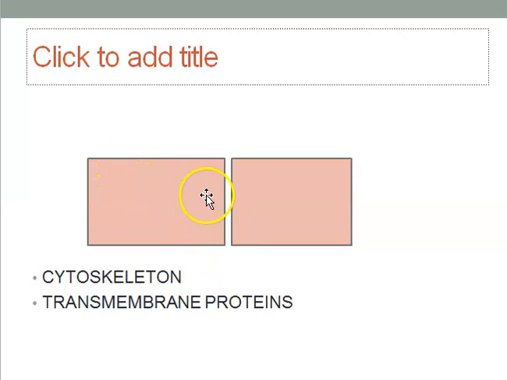And the cytoskeleton structures which help these to bind to each other, that is the cytoskeleton. It may be microfilaments or it may be intermediate filaments depending upon the type of cell junction. So this basic thing we have to know, because when these two things change, the type of cell junction also differs. The transmembrane proteins found in the outer plasma membrane help these cells to get glued to each other. Okay, so next we can see the different types of cell junctions in detail.